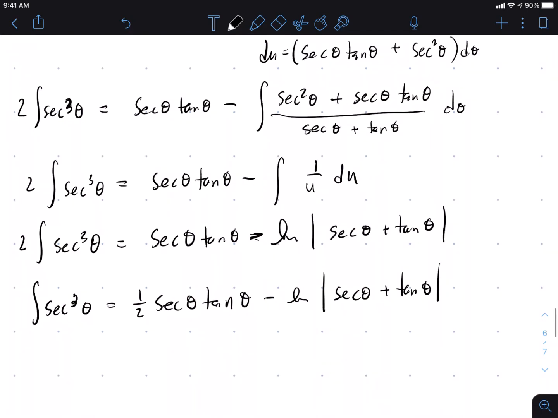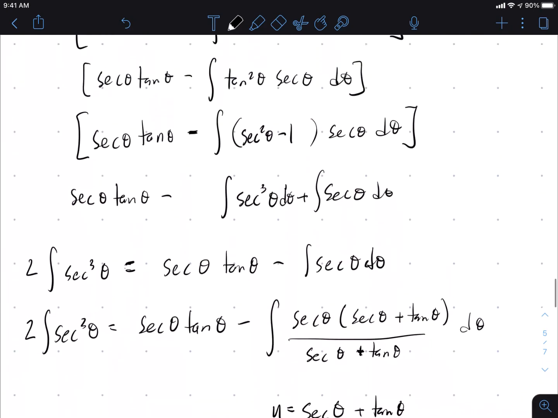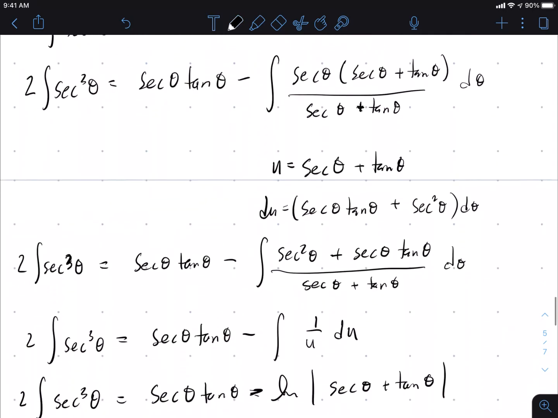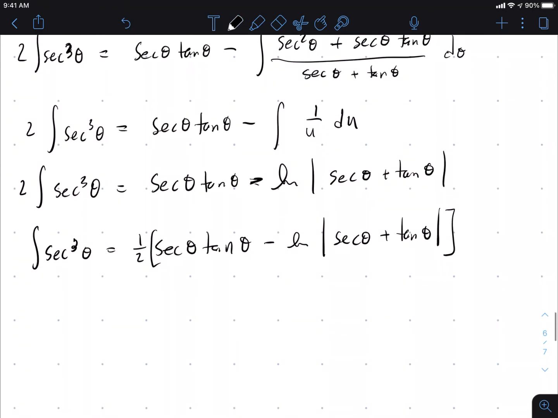But we need to remember something. What was in front of secant cubed theta? Go all the way back. What was in front of the 2 pi? 2 pi. So now let's bring 2 pi back. So if I bring 2 pi back,